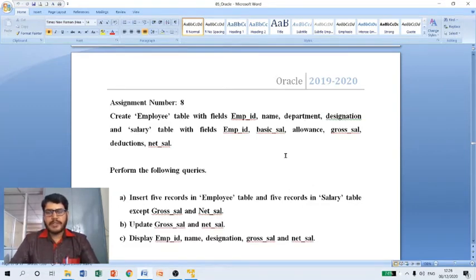That we have to decide. So that is nothing but identification of a data type and their size. So let us create this employee table now.